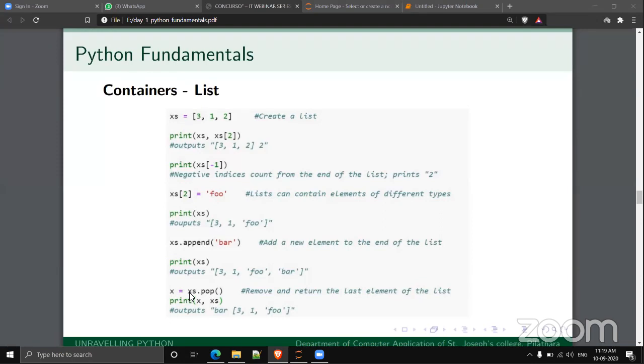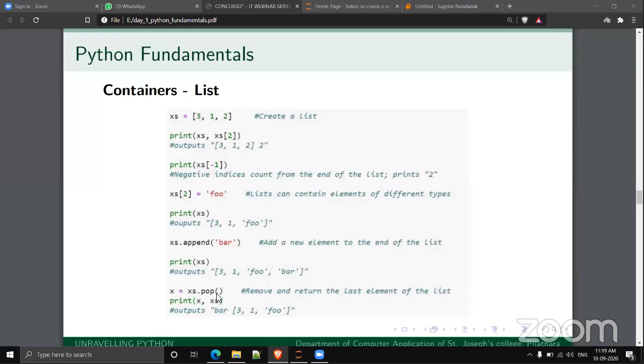If you specify XS.pop of 1, it will pop out the element at the first index. So you can use pop in two ways. If you specify a particular position, the element at that position will get popped out. Otherwise, the last element will get popped out.